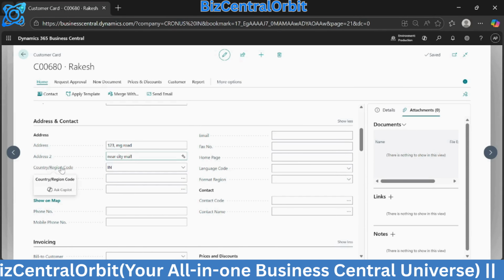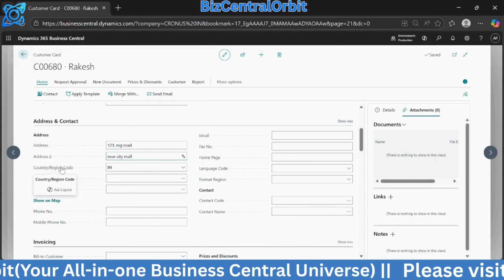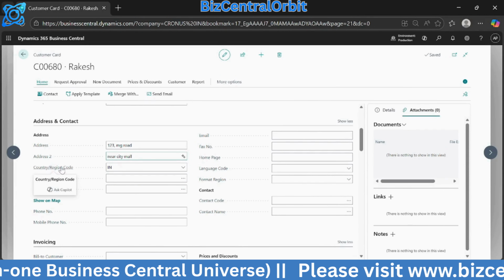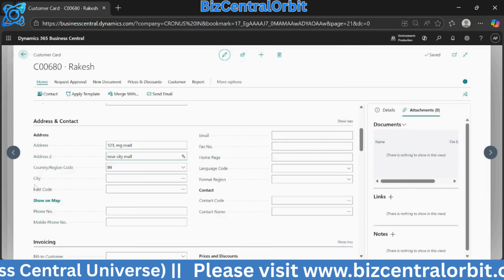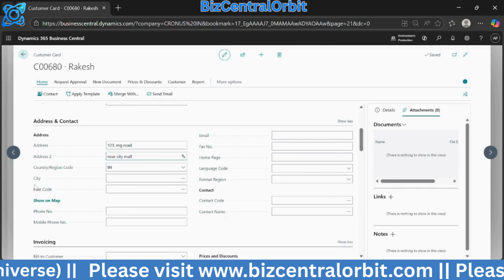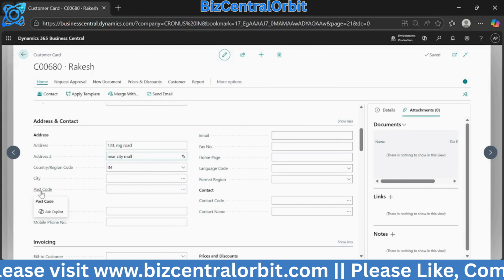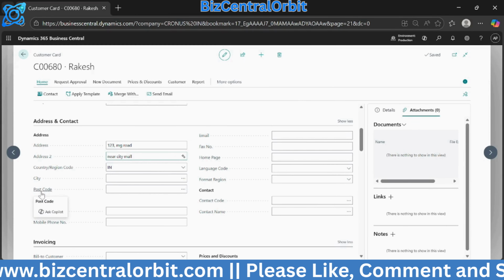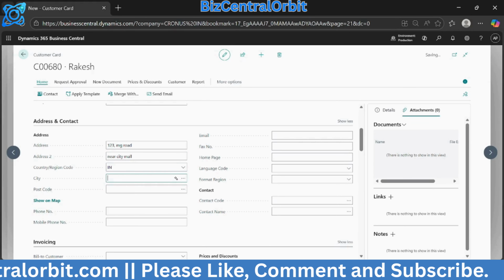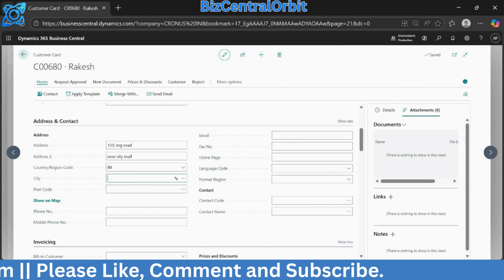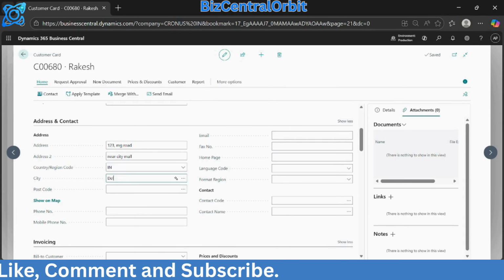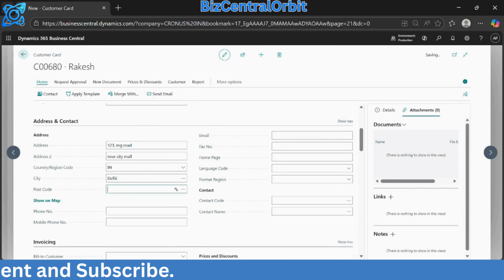And the third one is the Country/Region Code, the country where the customer is located. Then City is the city of the customer. Postal Code is the postal or zip code. So in City we will write Delhi. Postal Code,